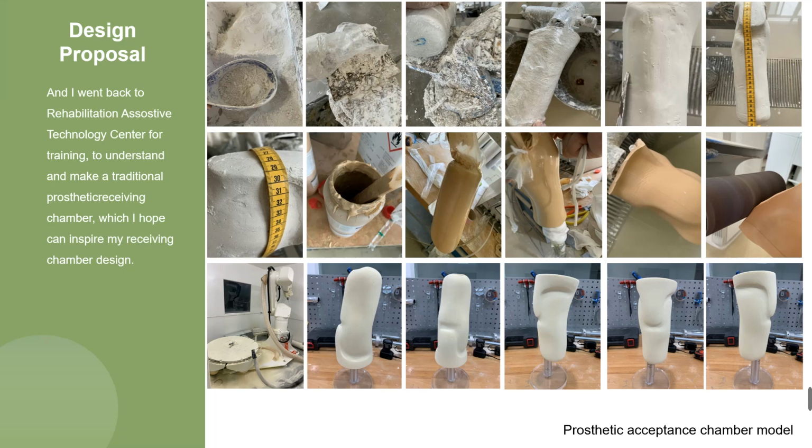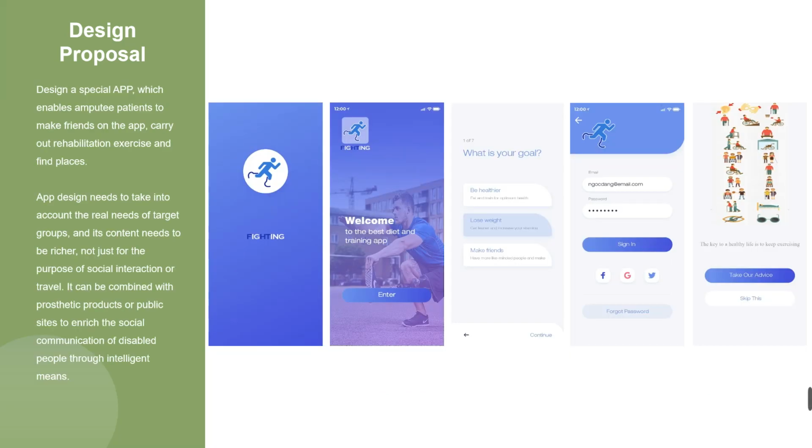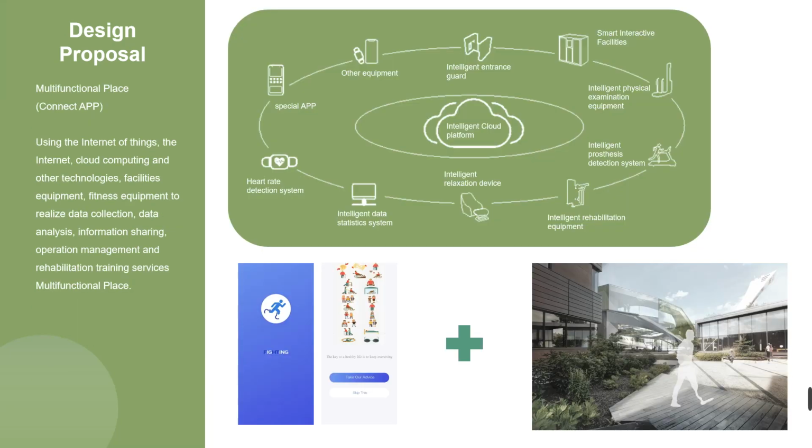And I went back to the Rehabilitation Assistive Technology Center for training to understand and make a traditional prosthetic chamber, which I hope can inspire my receiving chamber design. The application can help patients with prosthetic limbs carry out systematic rehabilitation training. Patients can also communicate online or find suitable travel places through the application. And I want to use the Internet of Things, such as the Internet, cloud computing, and other technologies to build